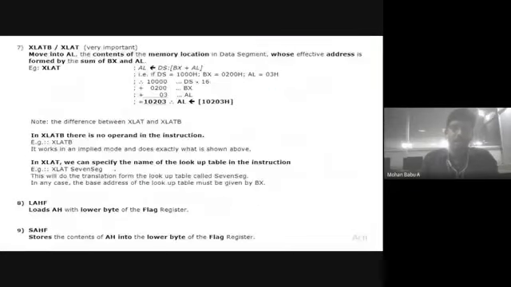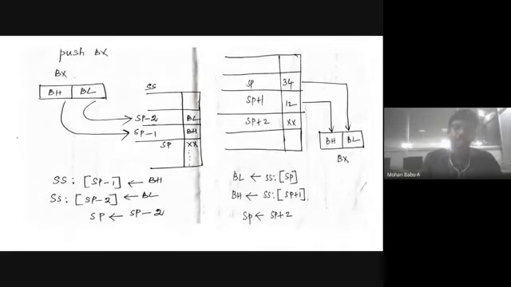Okay, I will show one example. Here we have assigned MOV DX, 2834H. First, the 16-bit data is assigned to the register DX. Then I need to move the 16-bit data into the stack segment. The instruction used for pushing data into the stack is PUSH DX. This will push the data available in the DX register into the stack segment.